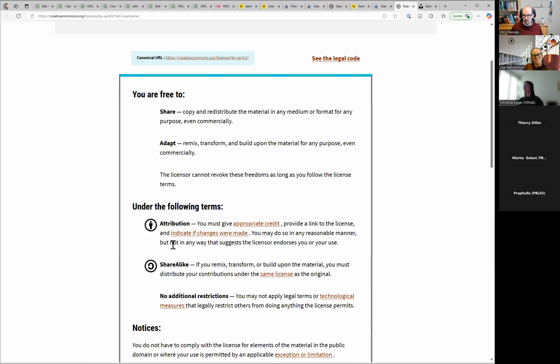We not only need to give attribution, but if I remix, transform, or build upon the material, and that is not just putting it on my blog, but if I maybe make a collage of it with other pictures or really change the picture as such, recolor it or make a black and white picture out of it and publish that work, then my work, where I used Tony Chainsaw's original pictures, I need to publish with the same license.